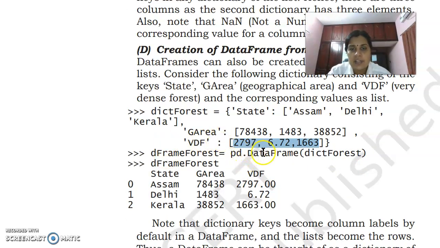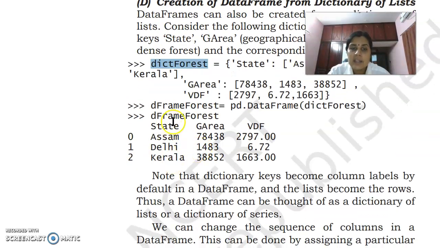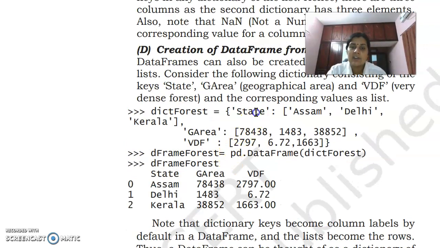PD means pandas object, data frame of this object dict forest. Then if we are printing this d frame forest, then what will we get? State will be Assam, Delhi, Kerala. G area will be 78438, this one. G area PDF will be this one. So these three become three columns. Three dictionary entries become three columns, and our keys become headings for the columns.